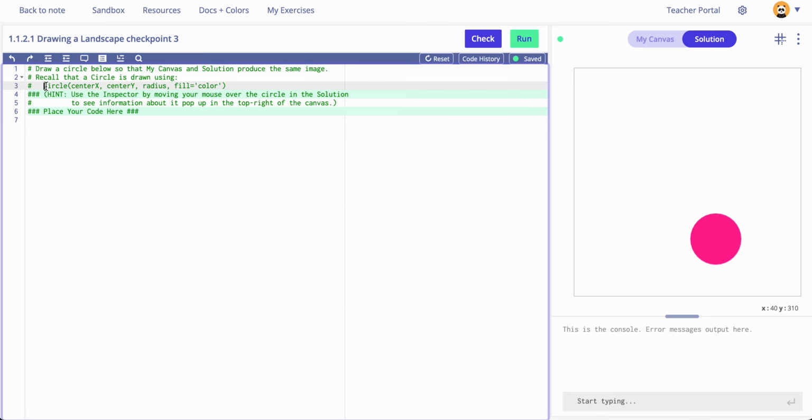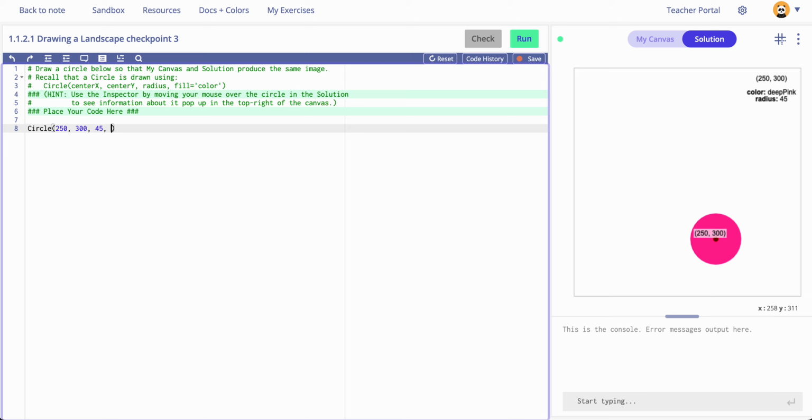They actually give you a hint about moving your mouse over the inspector, but also they give you the circle syntax right here. So let's begin making our circle. So we just have to use the same syntax, right? Circle to create a circle, and we want it to be centered again around 250, right? 250 for the x, comma, right? 300. And then we want our radius, as you can see up there in the top right corner,